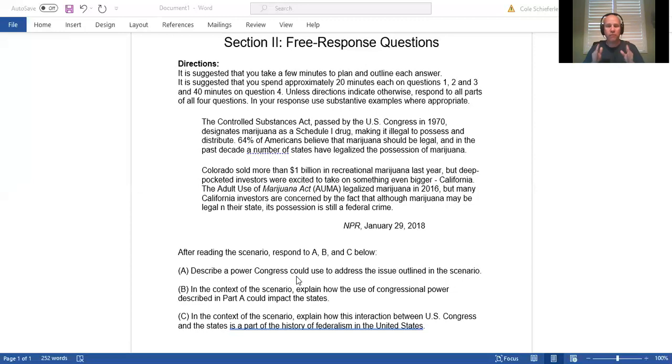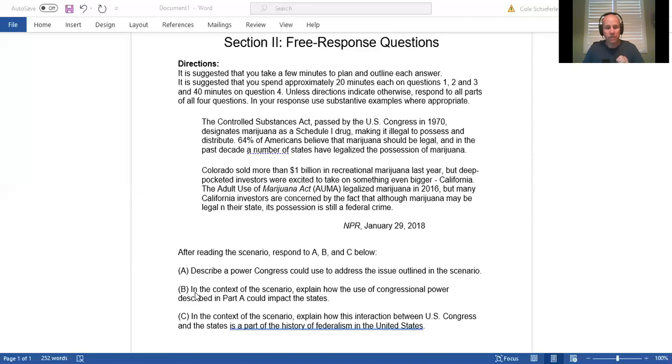Remember, you're not writing this FRQ to Mr. Shefferly. You're writing it to a stranger. So don't write it like you're writing to me. Write it to your 5-year-old little brother or sister or cousin. You have to explain in detail every little part of it like you're talking to a little child that knows nothing about this. So go above and beyond the number of examples you think you need. Leave no doubt, so that when you get done writing your FRQ, the reader has no choice but to give you every point.